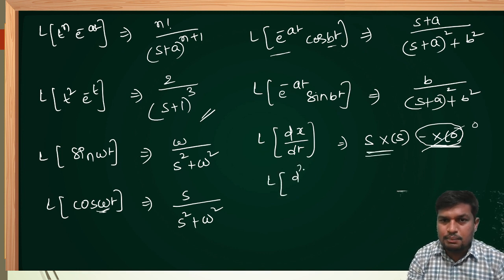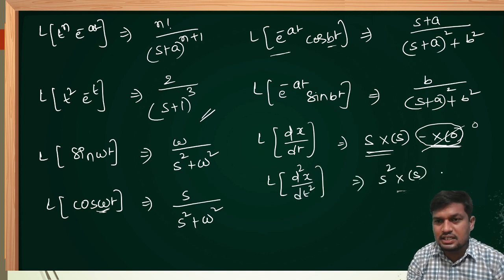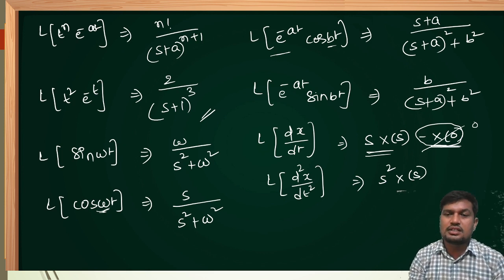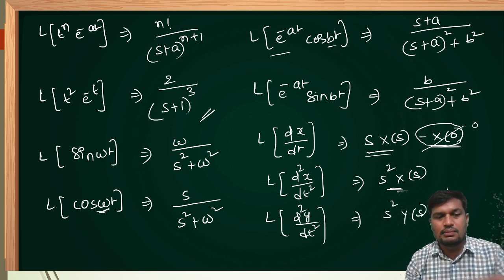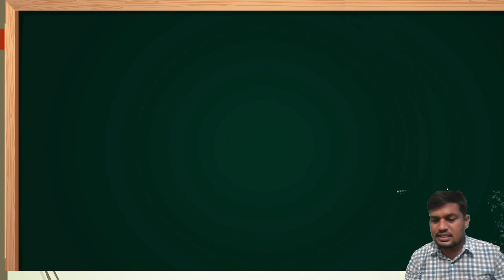Similarly, Laplace of d square x by dt square is equal to s square into X of s minus s into x of 0 minus x dash of 0, where all those initial conditions are 0. Simply s square into X of s. Laplace of d square y upon dt square is also simply s square into Y of s. I hope you know all these formulas. Next,